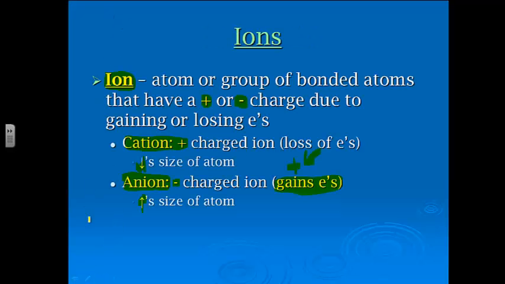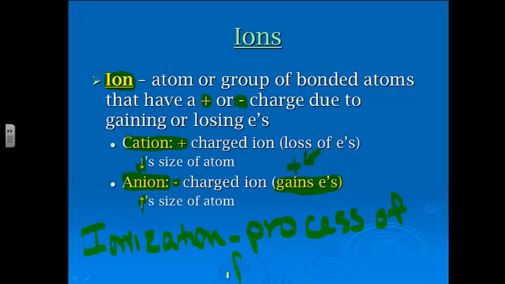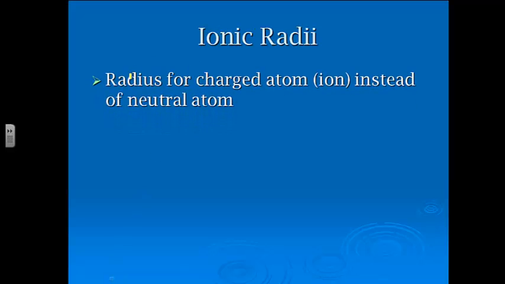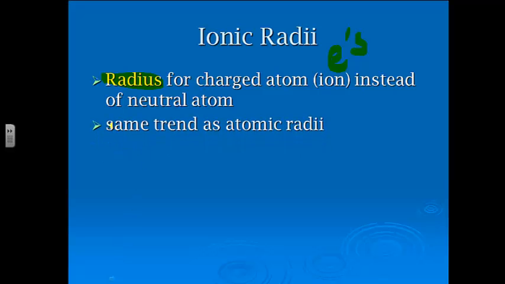Also, one other thing, ionization, which is one of your vocab words which we talked about, is simply the process of forming or becoming an ion. Okay, so that's all that you needed to put, which I think most people got before. Okay, now for ionic radii, the radius for a charged atom instead of a neutral atom. That's the only thing, which remember, it's the difference in the number of electrons, not protons. It's the exact same trend as